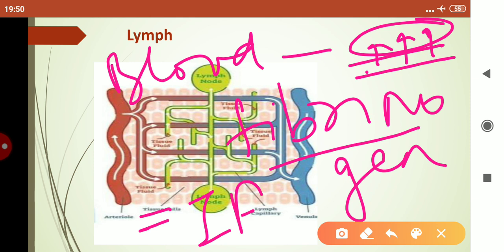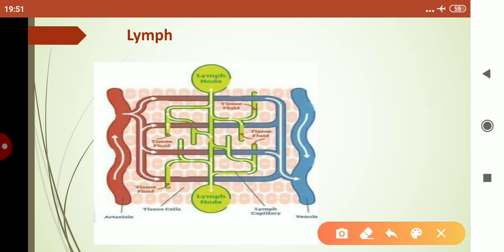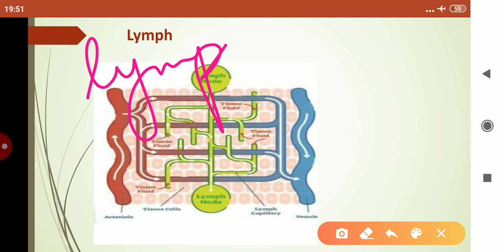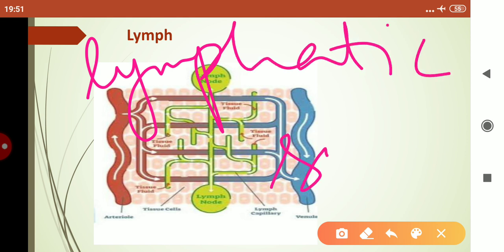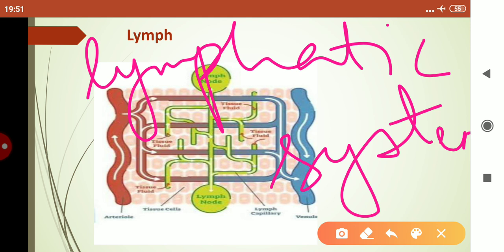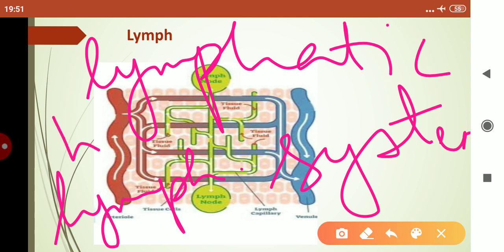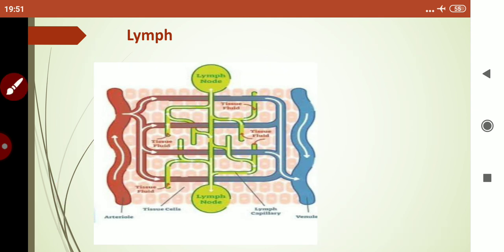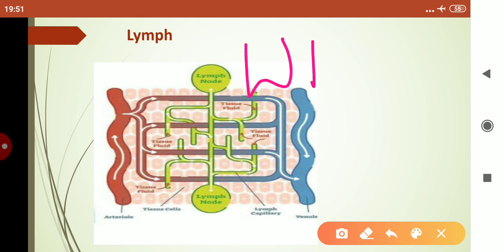Now this interstitial fluid will collect the waste from the cells and will enter the lymphatic system. Now this substance which is passing in the lymphatic system is called lymph. Children, remember, in the lymphatic system, that means in the lymph, only WBCs are present, no RBCs. That's why it does not have a red color. I'm again saying that lymph has only WBCs, it does not have RBCs.